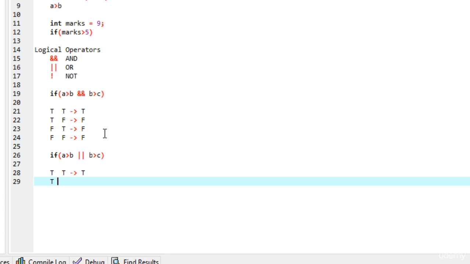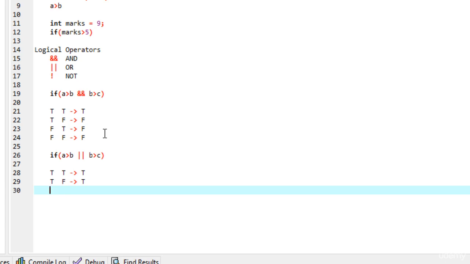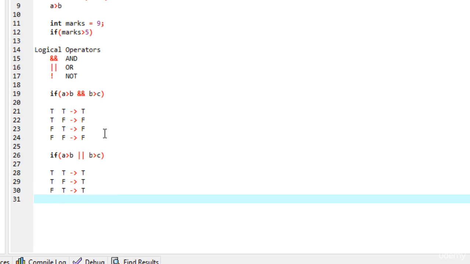Then true, false will give us true. False, true will give me true. But when both are false, then ultimately you will get false here. So this is for the OR operator.